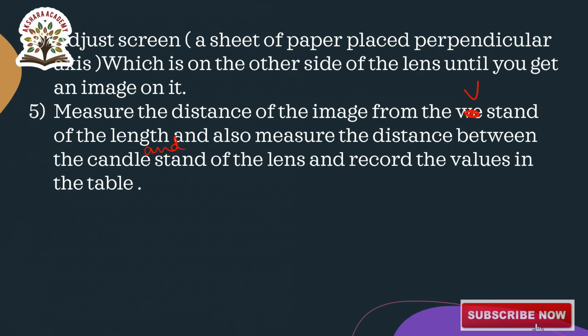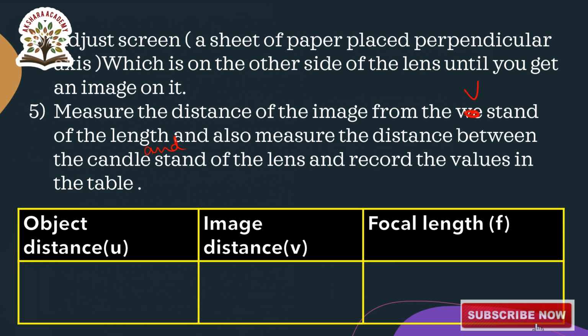This is the calculation of the object distance and image distance. By using object distance and image distance, we have to calculate the focal length. See the table. After measuring the image distance, we have to record these values in the table: object distance, image distance and focal length. Next,